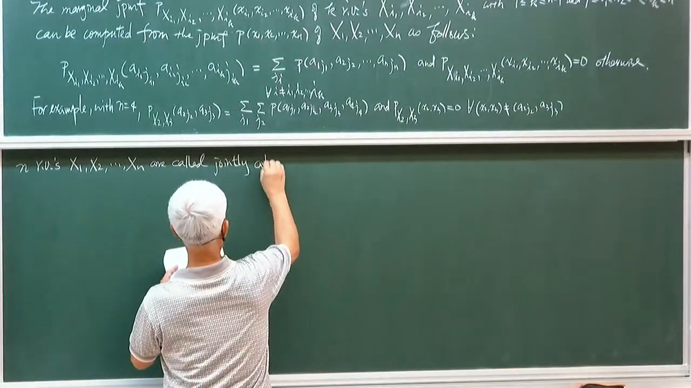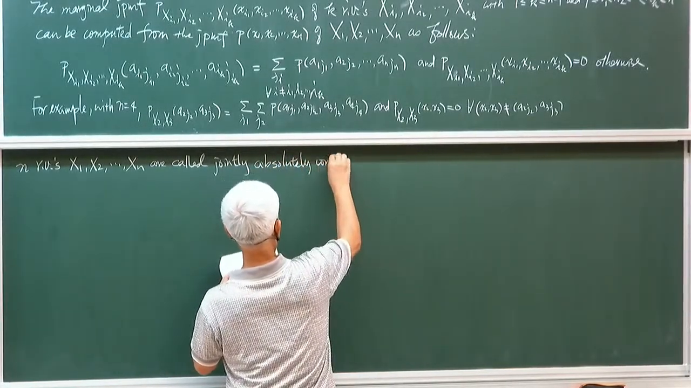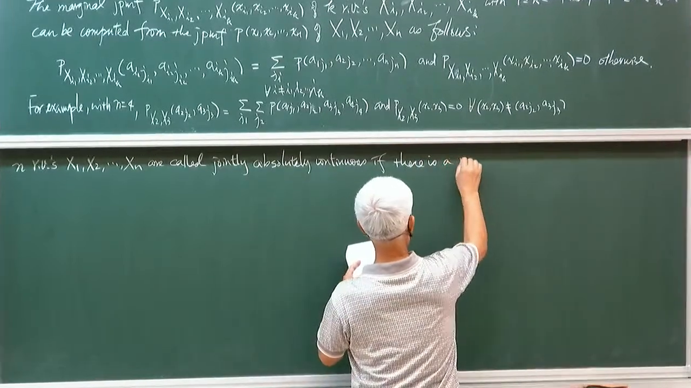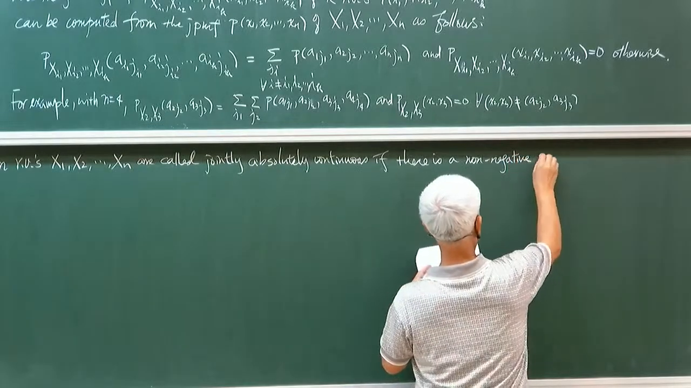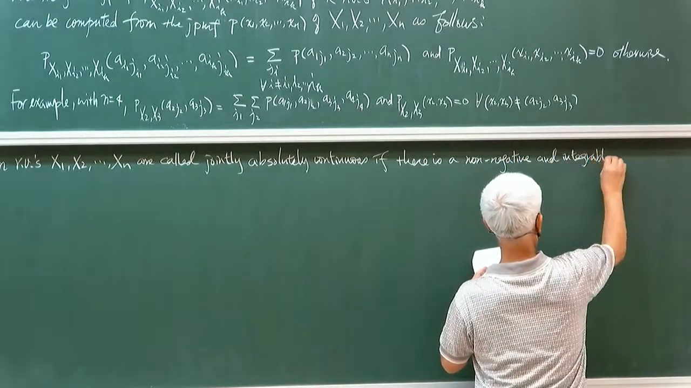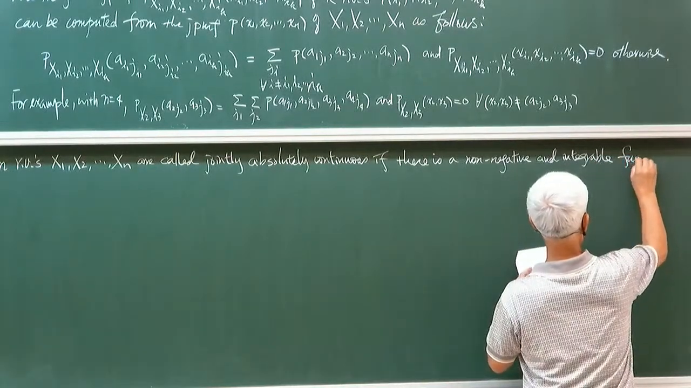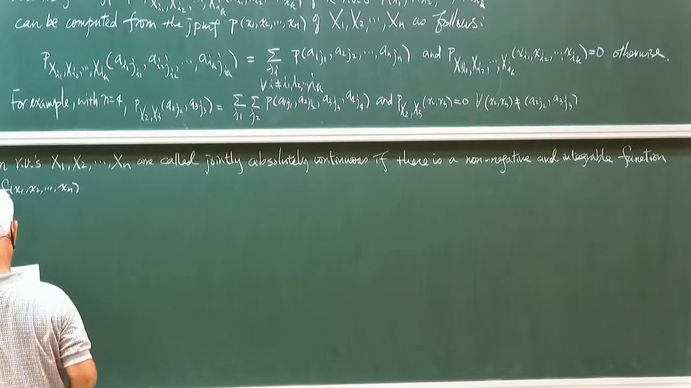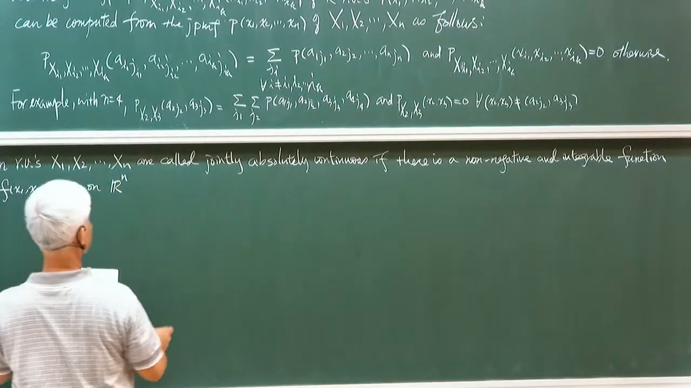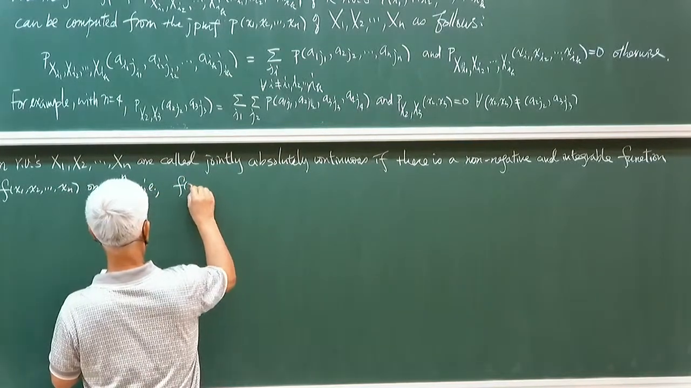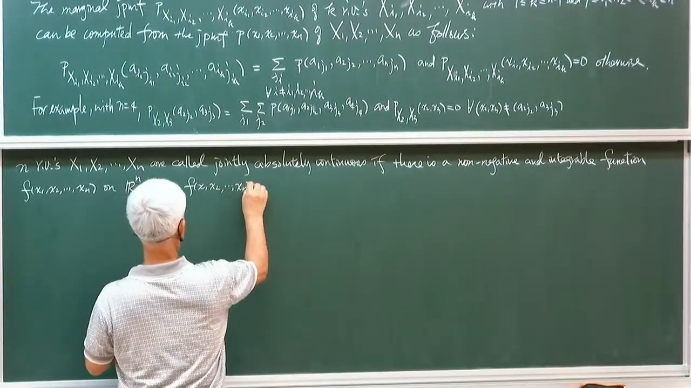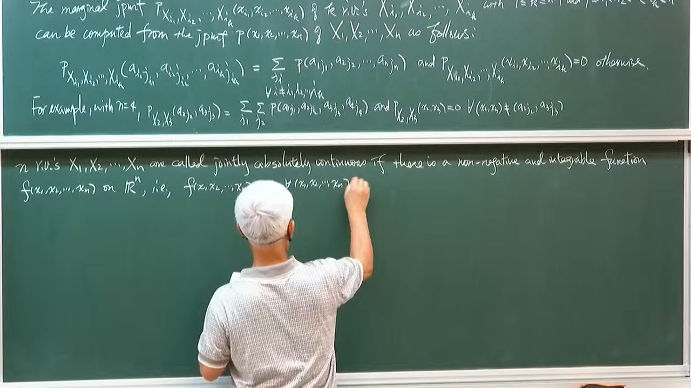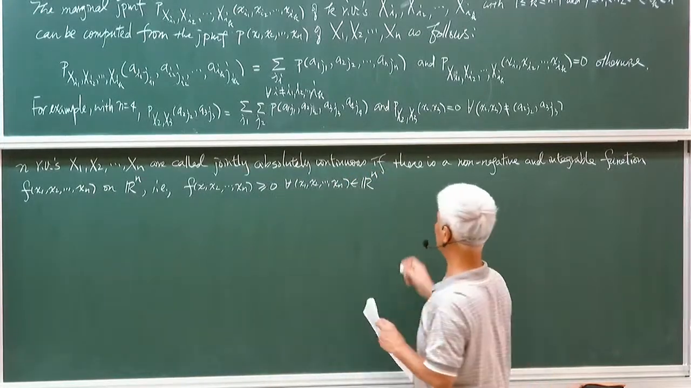jointly absolutely continuous if there is a non-negative and integrable function f of x1, x2, up to xn on R^n, i.e. f of x1, up to xn will be greater than or equal to 0 for all points in R^n, and the